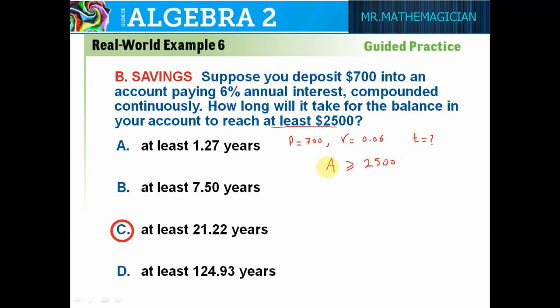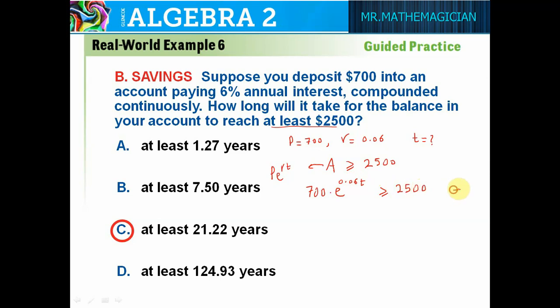The same, we know the A is the rule, P e to the power of RT, so we substitute here with 700 times e to the power of 0.06t, and this should be greater than or equal to